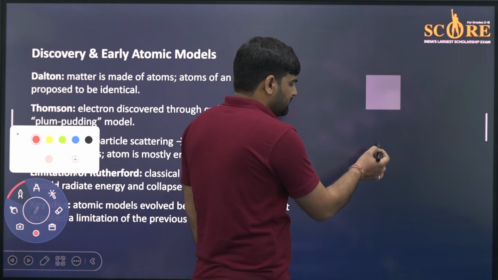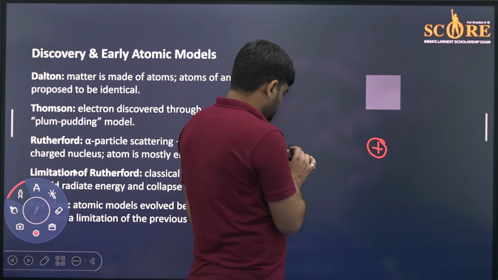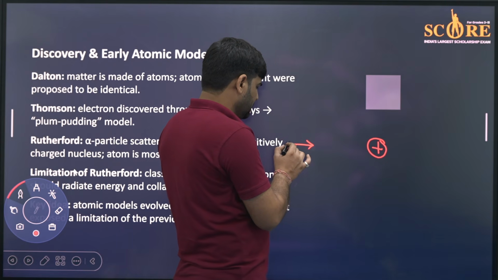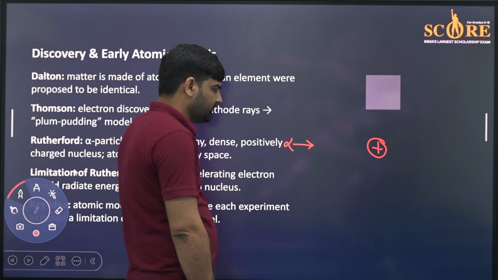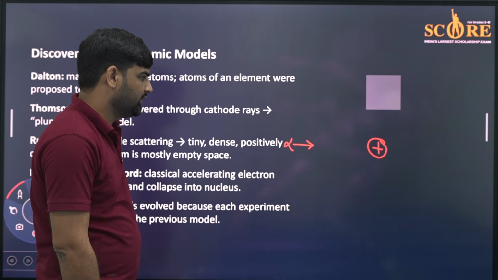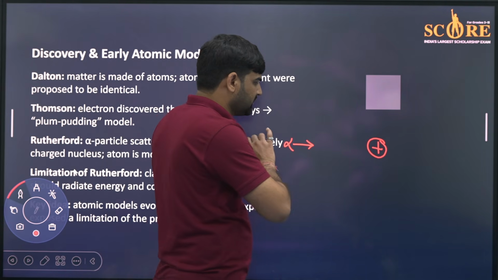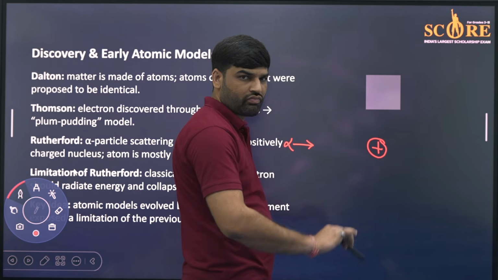In this case, Rutherford took alpha particles and gold foil, and alpha particles are colliding, projectiling,